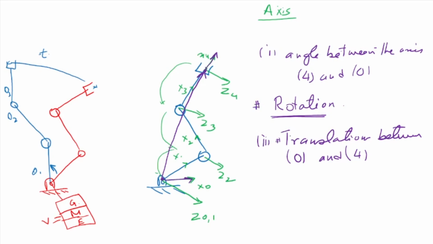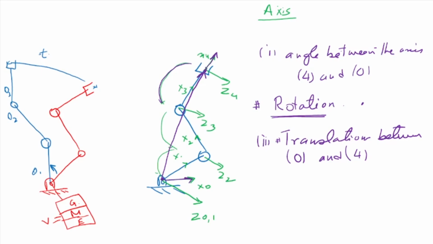So between any two frames in three-dimensional space, we have a rotation and a translation involved. Now, if the frames are the same frame, of course, your rotation will be 0 and your translation will be 0. So there may be a rotation and translation, or there may be only a rotation or translation. We'll look first at the rotation transformation, then at the translation transformation between two frames in space. I hope you understand why we need to do this: I need to move from one frame to the next in that order to find the relation between the last frame and the 0 frame.